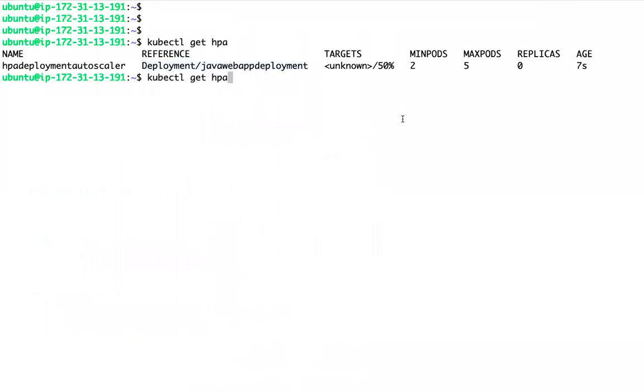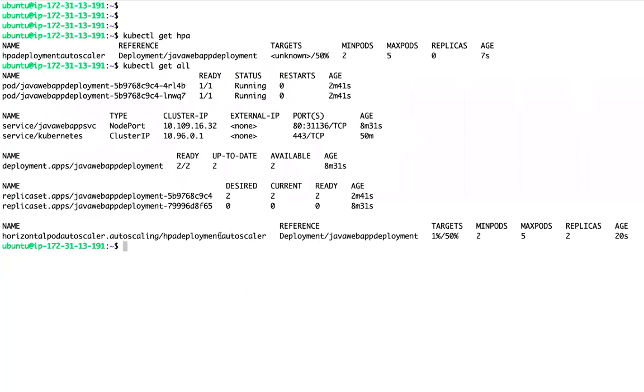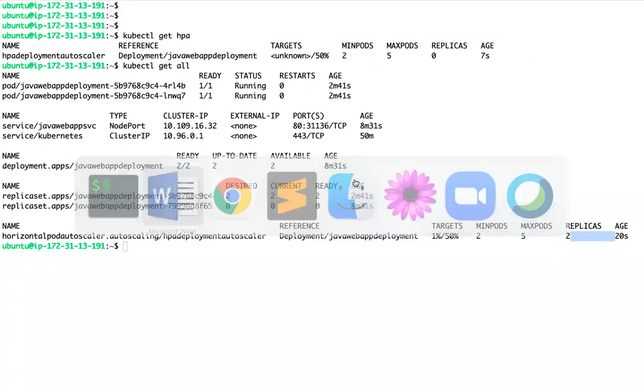It is still trying to evaluate the current load. If you see now, currently there are 2 pods, with just 1% CPU utilization because there is no load on this application. If a lot of requests come to this application, it will scale up and scale down this application also. This is how you can auto scale your pods.